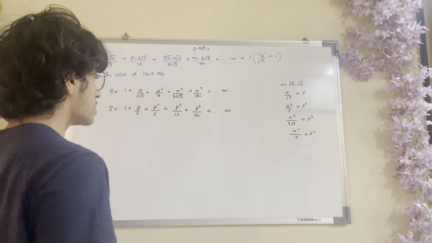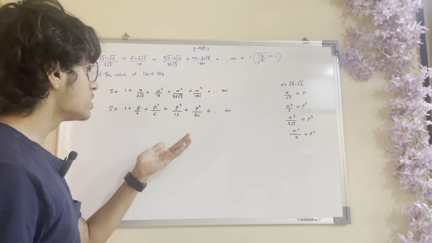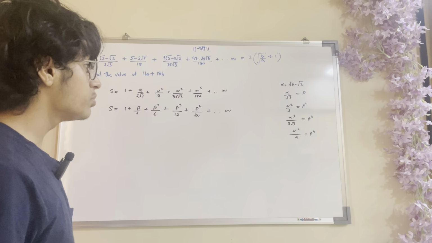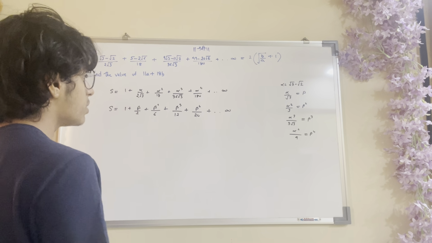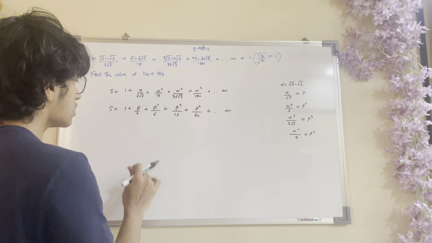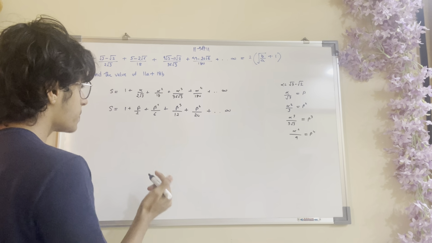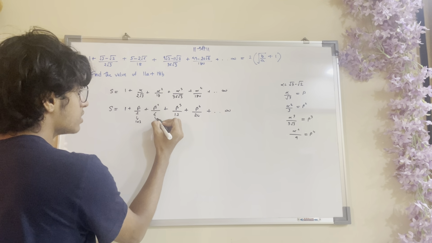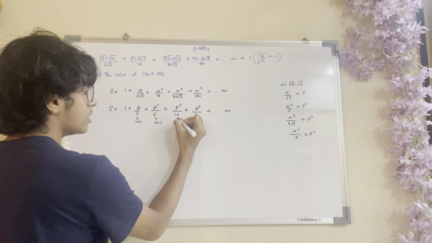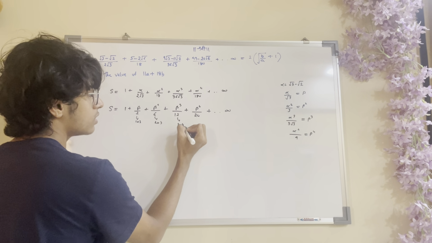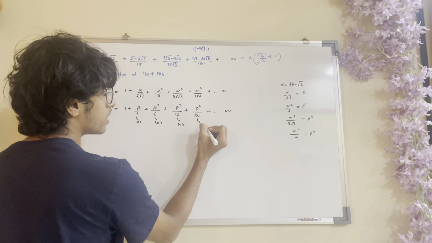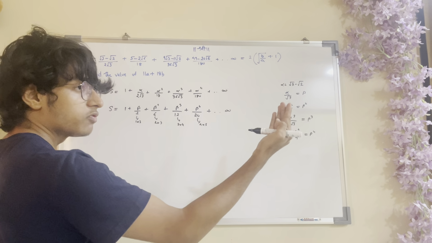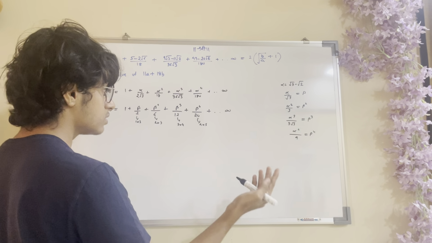Here we still don't have any common ratio or any form of AP or a sequence. We do not see a pattern here. But the logic is that 2 can be written as 1 into 2, 6 can be written as 2 into 3, 12 can be written as 3 into 4, 20 can be written as 4 into 5. So the next term will be beta power 5 by 5 into 6, that is 30.